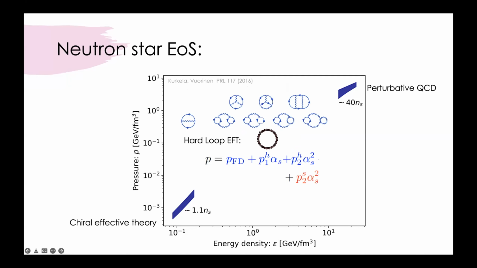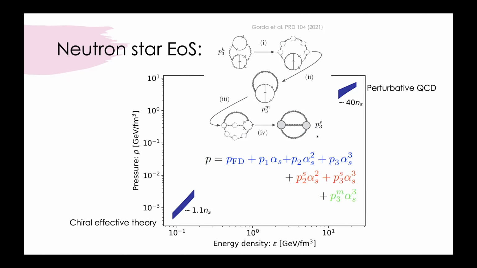And with this new conceptual framework, calculational framework, we've been pushing the calculations to even higher order, to next to next to leading order. Just to give you an idea of the status of the calculation: we have computed the soft part of the calculation, which is a 2-loop calculation in this hard loop theory. That's completed, and there is a mixed term that was just completed. That's like a correction to the HTL theory, which we completed for QED, not for QCD, this spring, and the QCD calculation is coming. The conceptual issues have been figured out here, but there's more to calculate in QCD.